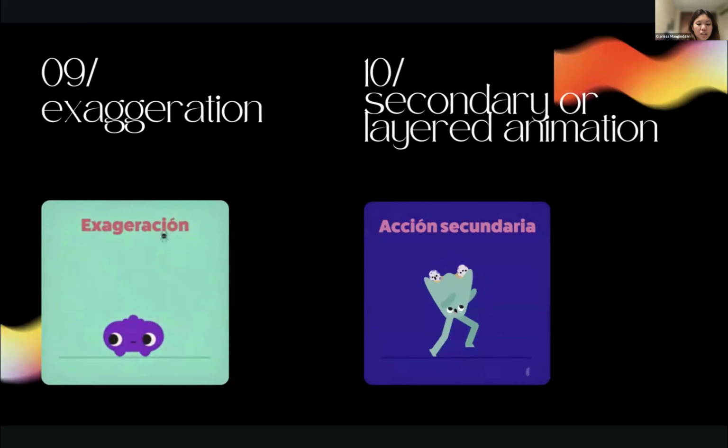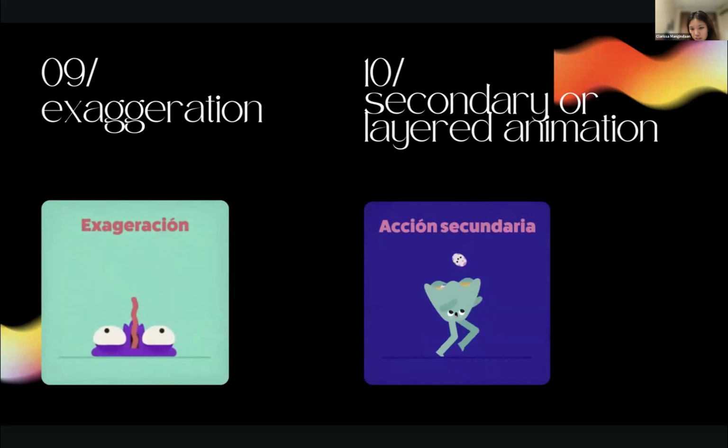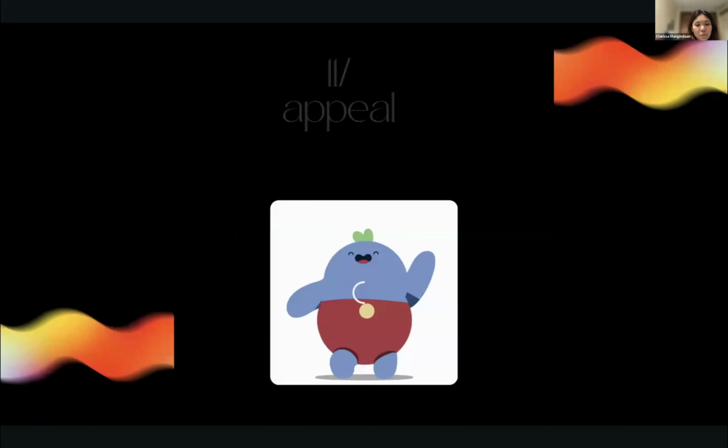And for exaggeration, it's again just to add more appeal and personality to the graphic. Secondary or layered animation is basically an additional animation to support the main animation. As you can see, it's the eggs that are bouncing on and off. So the last one, which is appeal,